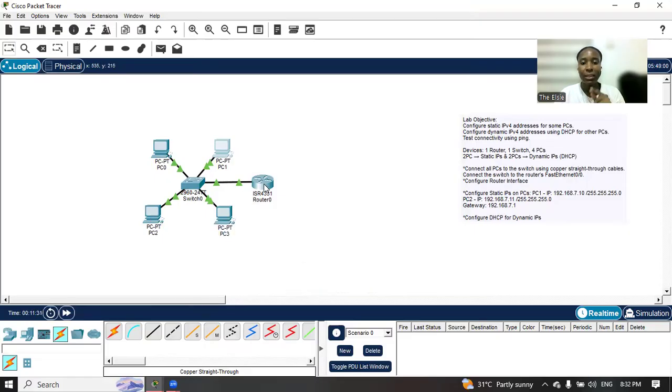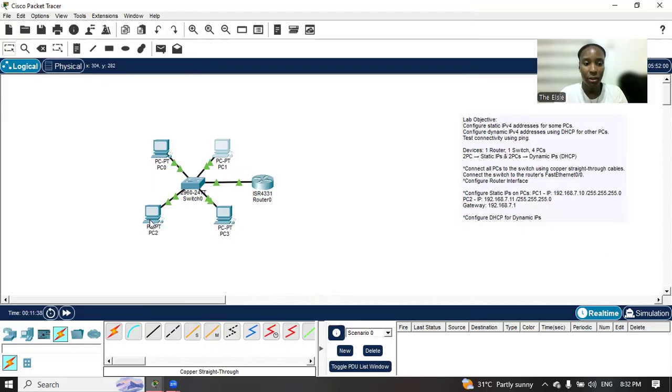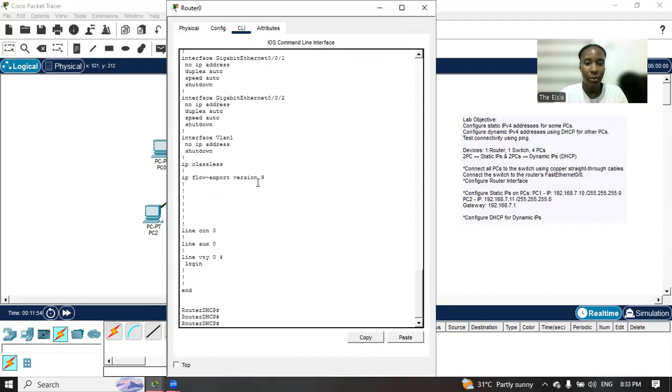We would then set up our router as the DHCP server, right? So that we can configure these two pieces below with IP addresses dynamically, right? And how do we do that? Let's jump right into our router again. So we want to go back to